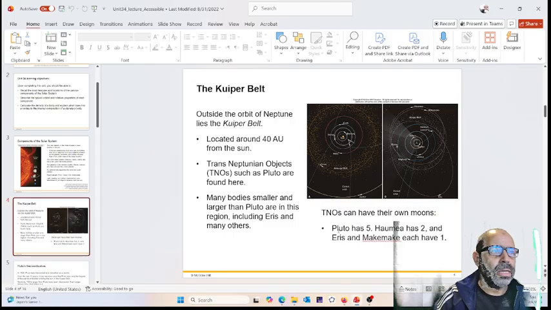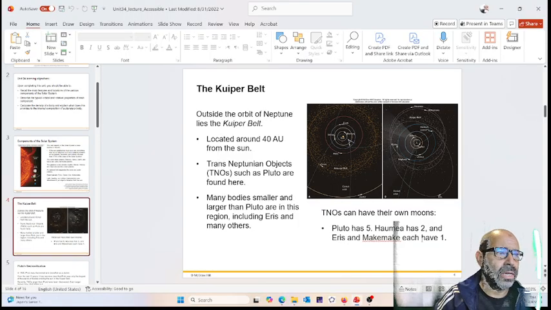So dwarf planets doesn't mean that they are negligible. As a matter of fact, they are universes of their own. They have moons. Like, for example, Pluto has 5 moons. Haumea has at least 2 that we know of. Eris and Makemake each have 1. But the point being in here is that